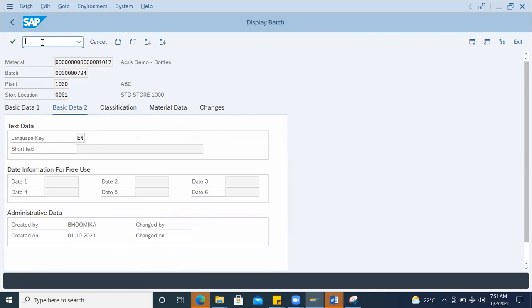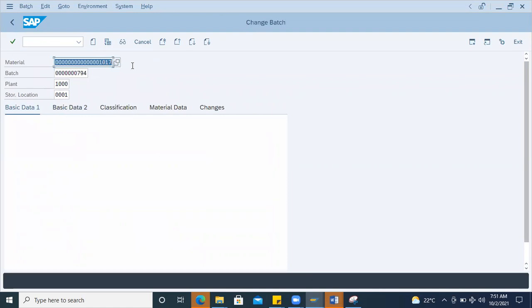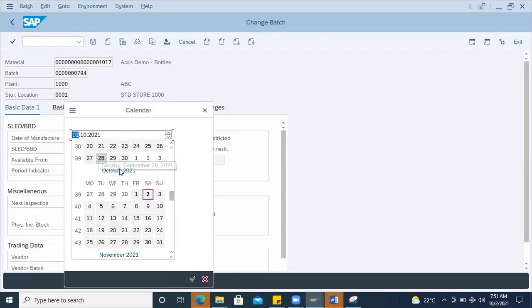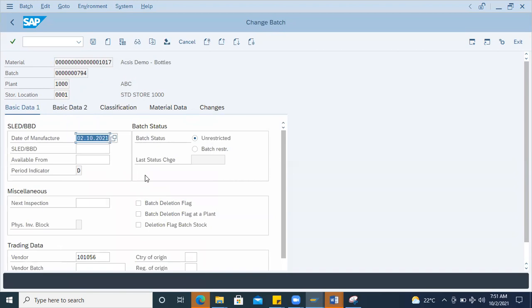Okay, there is a T code called MSC1N to create batches manually, and MSC2N is for changing the batch details. For example, if I enter this material, batch, and plant, you can go and maintain the date of manufacture. Okay, this manufacturing date is like the 29th of September. Back date you cannot put, just imagine it is manufactured on the second, and just maintain this date of manufacture, and